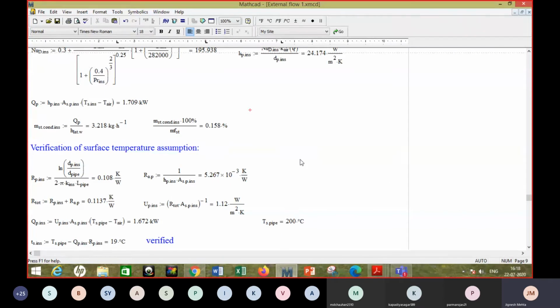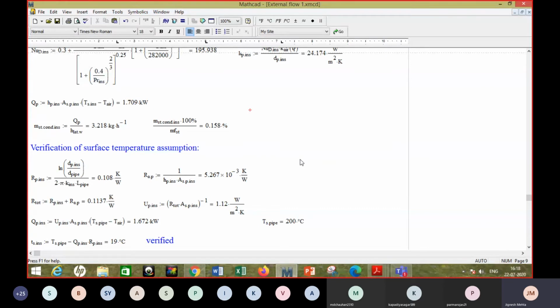So that's a very small loss that will happen now, right? So one may say that yes, it was necessary to insulate this, right? But then insulation has its own cost and some maintenance related issues. And if it is an open area, then the weather protection also would be required. Okay, so the initial cost increases, but then on the other side, you are saving fuel and reducing the losses. Right. So this is a practical example of how you could use the available correlation for finding the heat transfer coefficient from the surface of a cylinder.